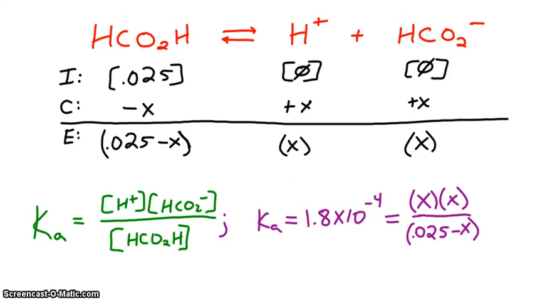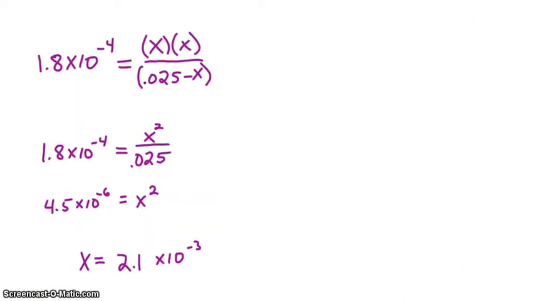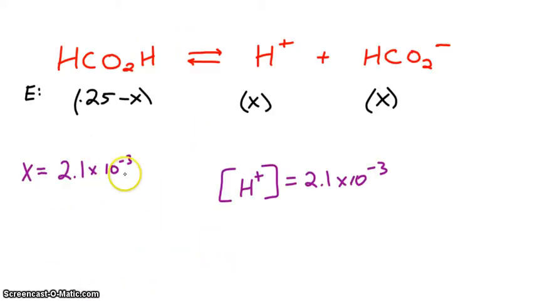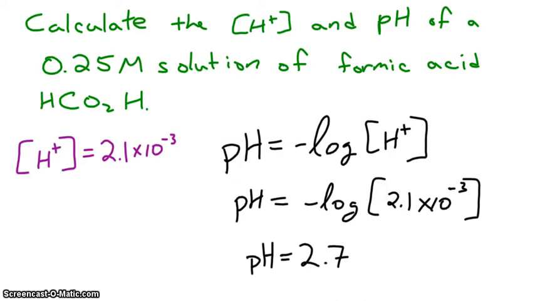Here I've substituted in the Ka value given and the equilibrium concentrations. Substituting in, solving for X, putting X into our equilibrium concentrations, we can determine that the hydrogen ion concentration is 2.1 times 10 to the negative third. Since the problem asked us to calculate the hydrogen ion concentration, which we already have, and the pH,